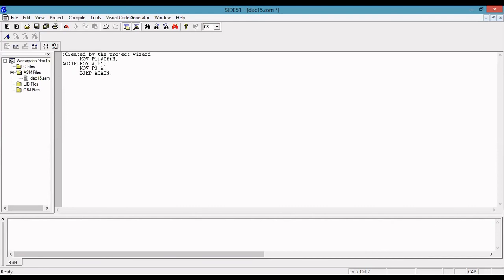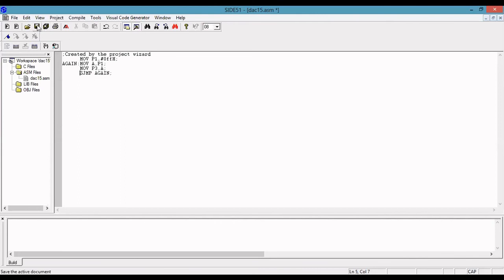First, I initialize port 1 as an input port one time. Next it will read the data from port 1. It will move it to the accumulator. Next, the accumulator data I will send to port 3. So this process I have to do continuously. So this is called a loop. Continuously it will read the data from port 1 and send it to port 3. So this is about the program, a very small program.